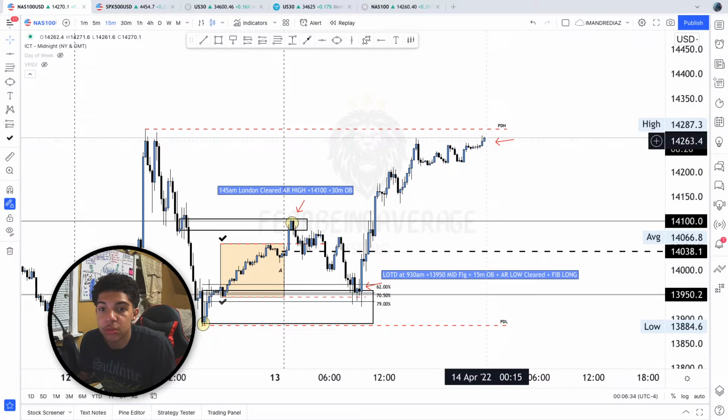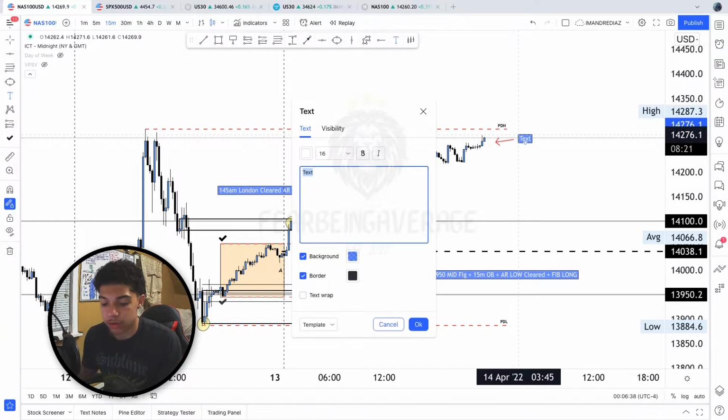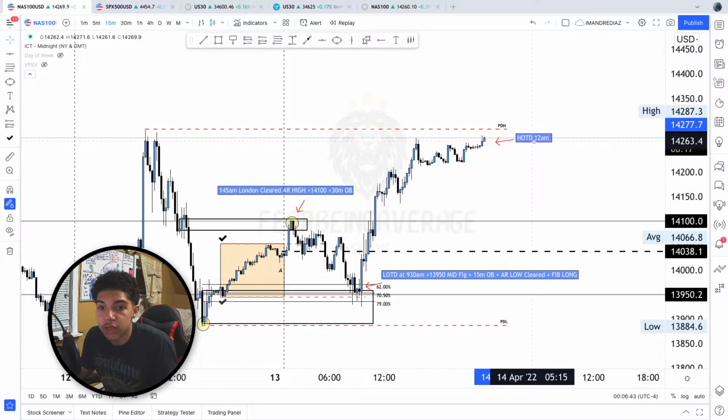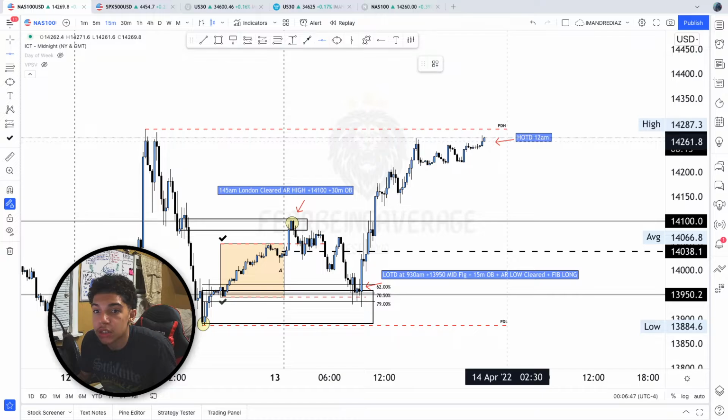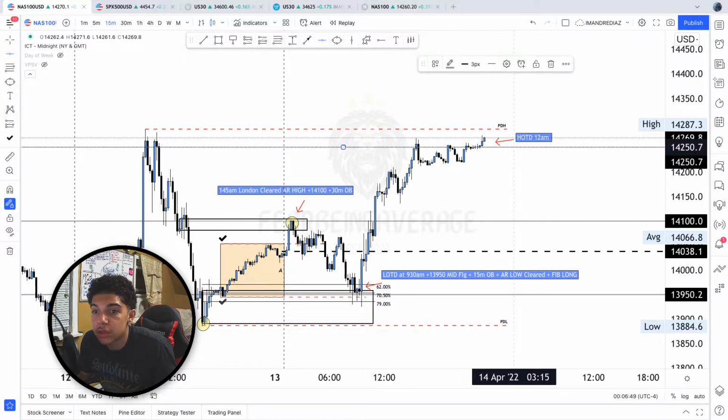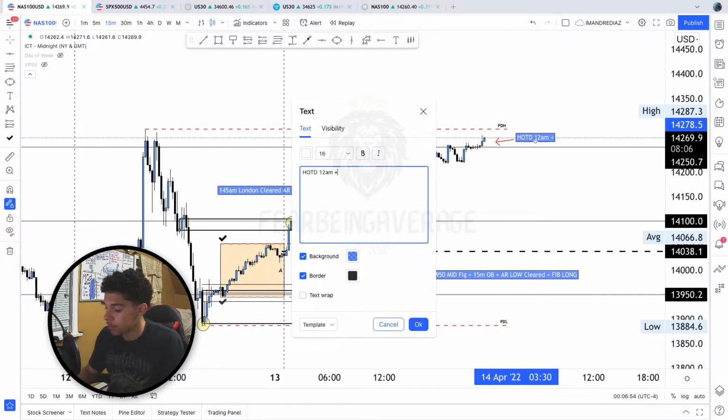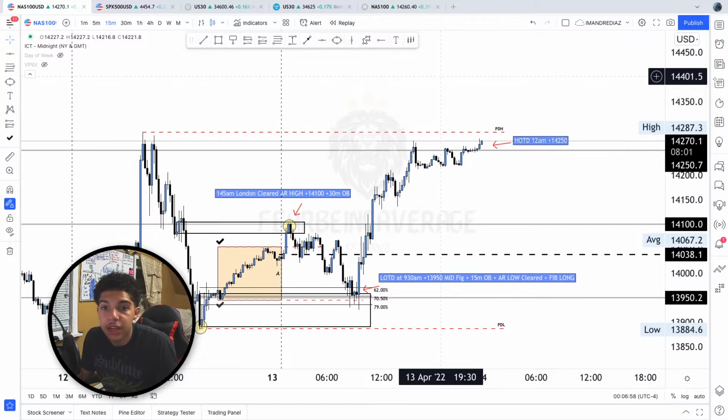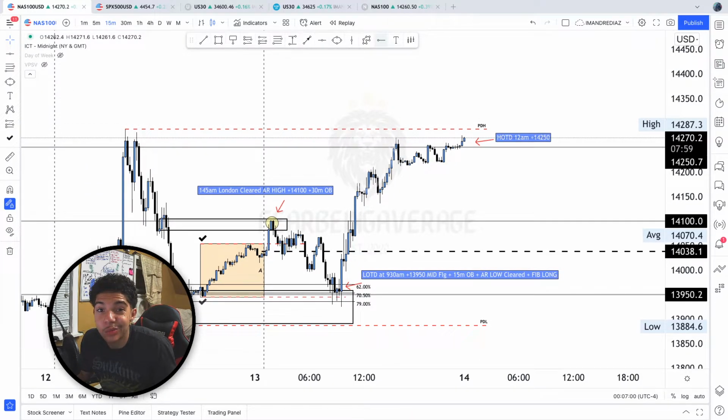The next area is going to be currently where price is at, and this is our high of the day at, I'm going to just say 12 o'clock right now. So we have the high of the day at 12 a.m. There's nothing really else to put here besides the fact if you look where we are price-wise, we did come into this 14,250 area, which I will annotate. It is a quarter point. 14,250 rejection. And in my opinion, tonight I could see this high get cleared and potentially start rejecting, but